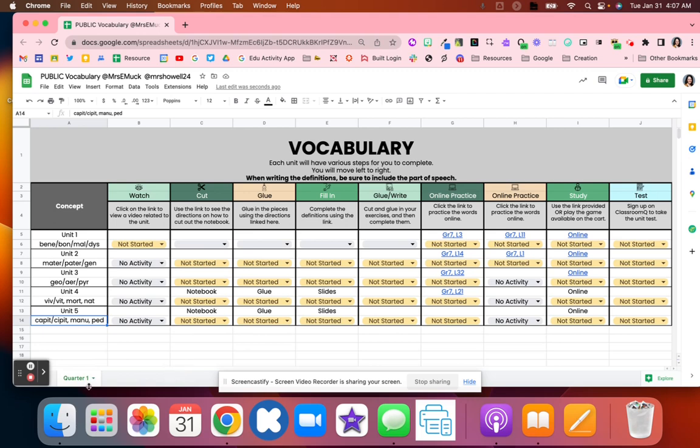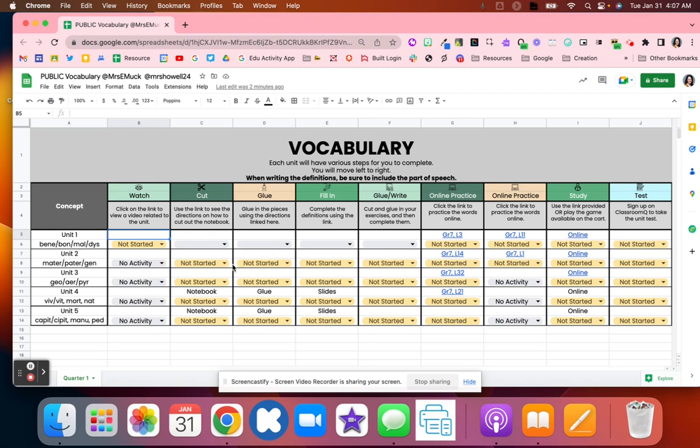And then we're organizing it by different quarters. So this is quarter 1, and then we'll just duplicate it, change the concepts, change the activities for quarter 2. What we're hopefully going to do is have a video for students to watch. You can see here it says not started, and we also have a no activity. If something does not have an activity, it's just going to say no activity, and students will just know that. And then they can click done or started to know where they are in their progress of learning their